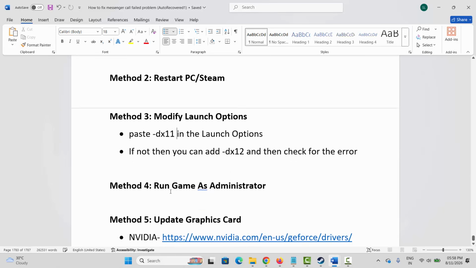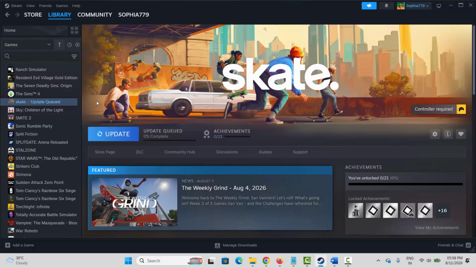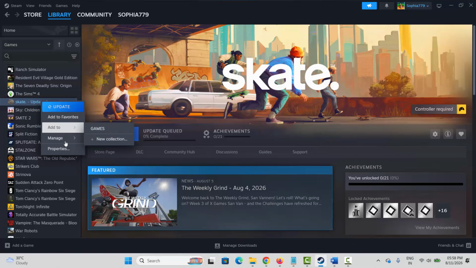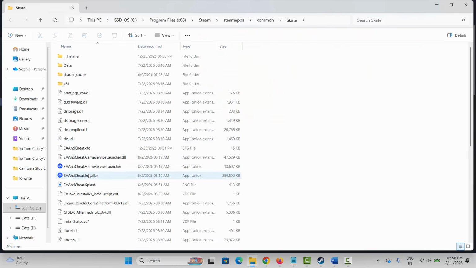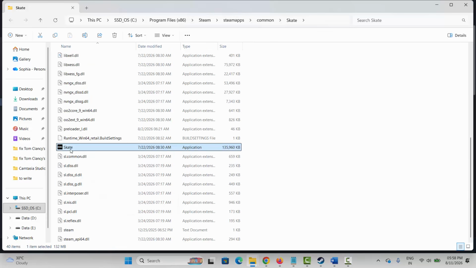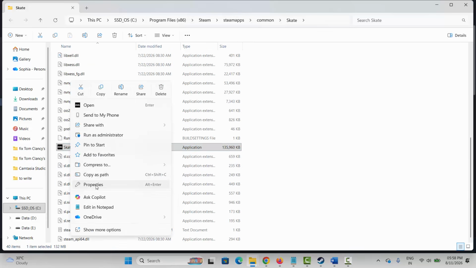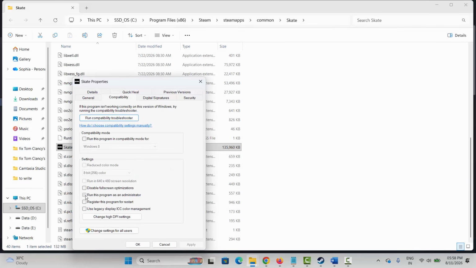Next is to run game as administrator. So for that go to Steam, select your game, right click on it, click on manage. Now click on browse local files. This will take you to the game folder where your game has been installed. Here you have to select the game exe file, right click on it, click on properties, click on compatibility and here select run this program as an administrator, click on apply and OK, and after that launch the game and